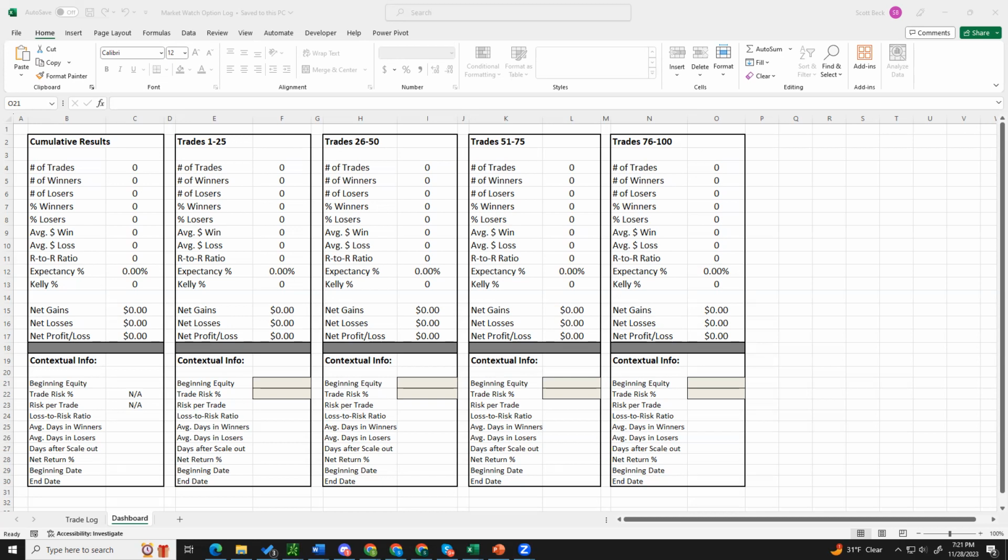Kelly can help you identify what is the optimum level of risk for any given system based on how it's performed in the past. If it were to continue along that line going forward, that's a big assumption, but it does help us to pinpoint our risk. So the 50 helps us. Senator asked about the 50. The 50 helps make sure that we have statistical relevance.